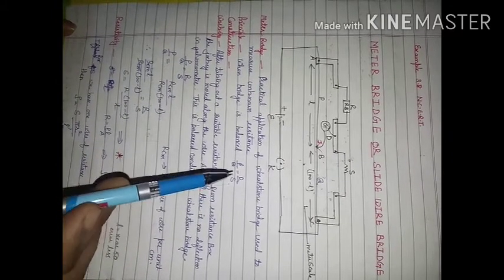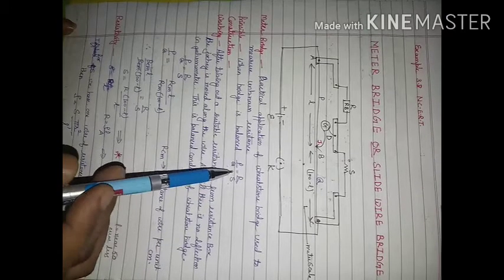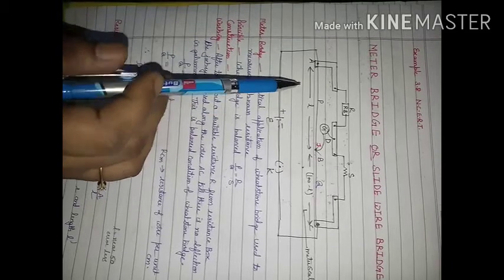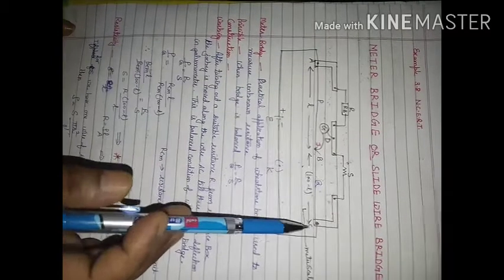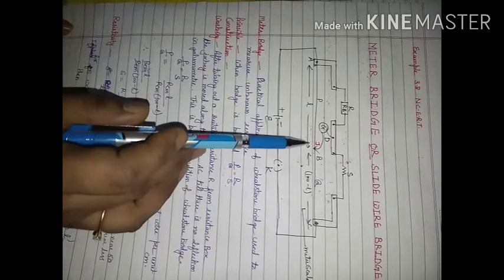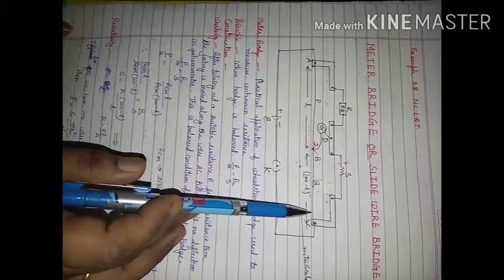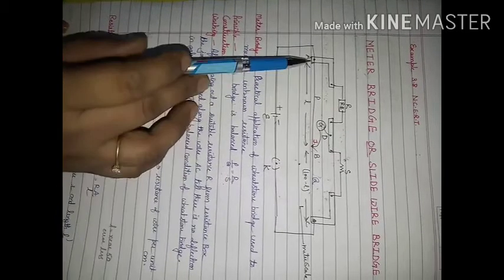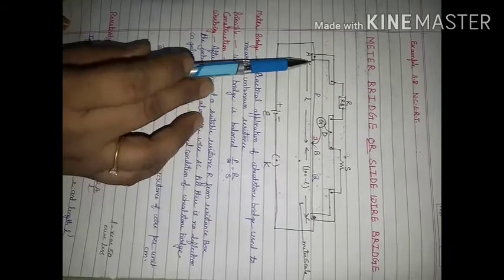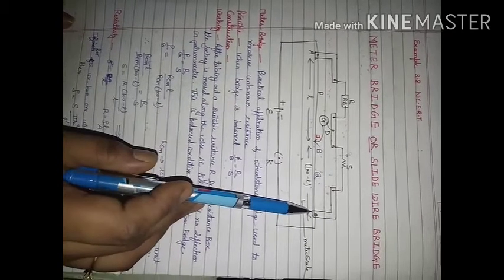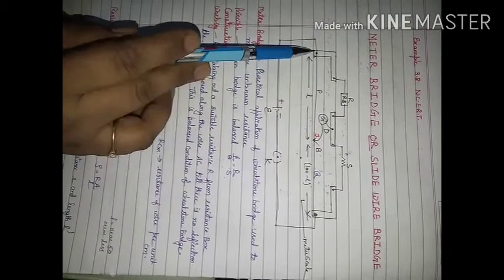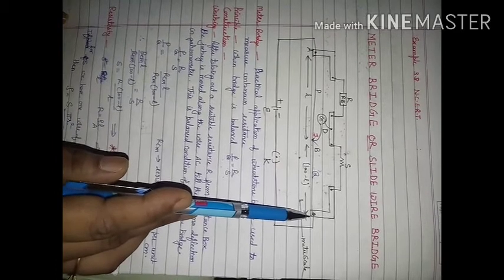In the lab, how are we going to consider this? We are going to make a meter bridge, which is made up of wood, and between A and C there will be a scale, and on that scale we are going to have a 1 meter long wire made up of manganese. As this wire from A to C is 100 centimeter or 1 meter, this bridge is known as a meter bridge, because it consists of a wire of length 1 meter.